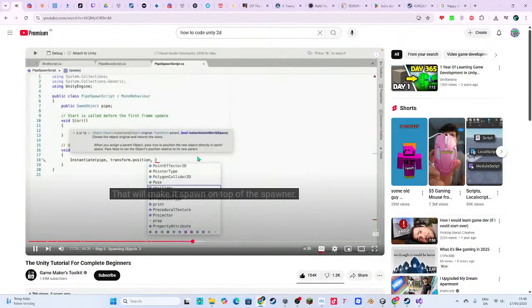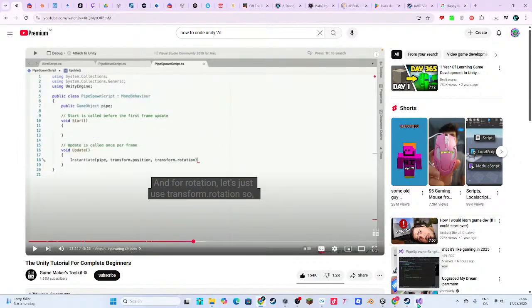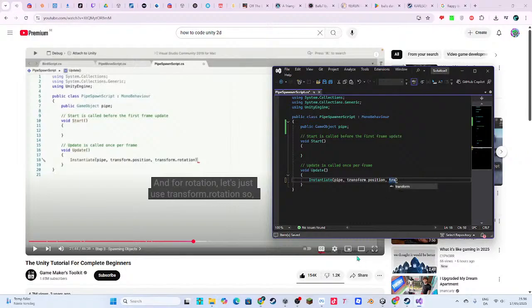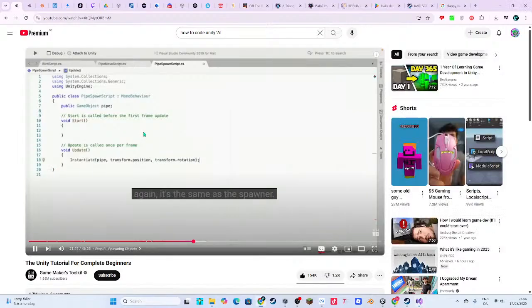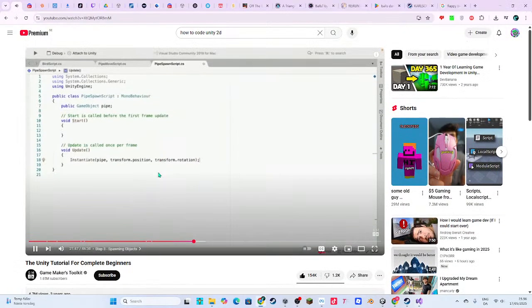That will make it spawn on top of the spawner. And for rotation, let's just use transform.rotation. So again, it's the same as the spawner.